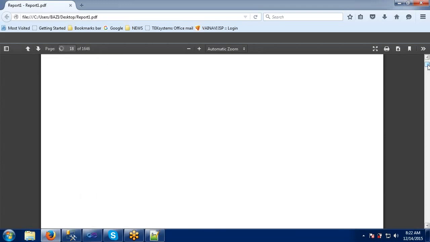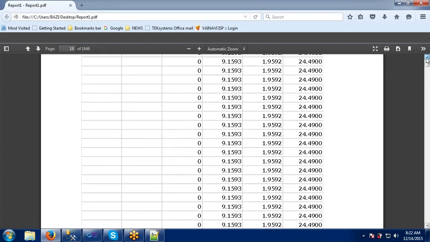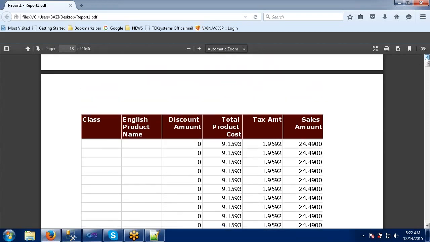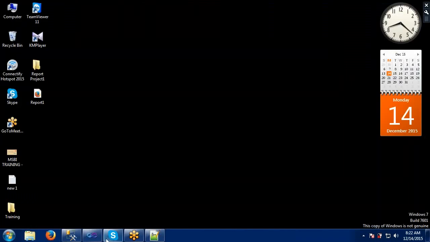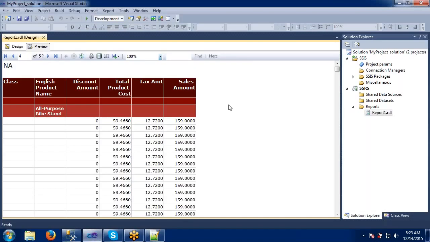That's why it has taken a lot of time to generate this PDF. So this is how we can generate the simple options in the PDF. These are all the saving options, I would say. When we started this, we showed you two options, right? Report project wizard, and one more option, the direct one. This is the wizard which we have seen till now. This is a wizard option.